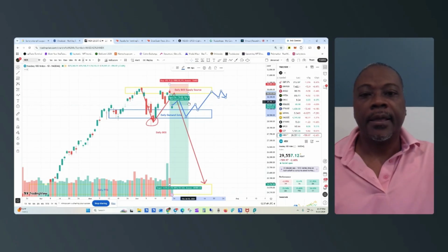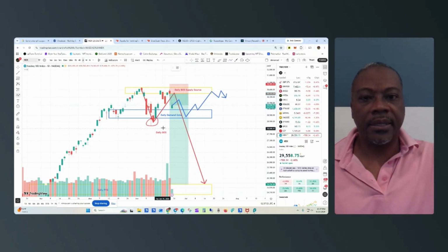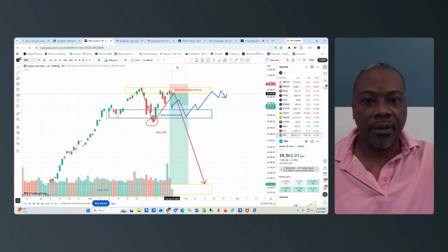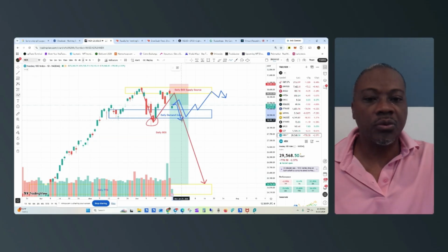Okay. The second scenario that I think is more likely is going to be this, because I've already confirmed the two signs. The third one is going to be something like this. So maybe they stay up in this area a little bit. Let me give a first bump here. But we fall down and we get a close below this area. So if we get a close below here,